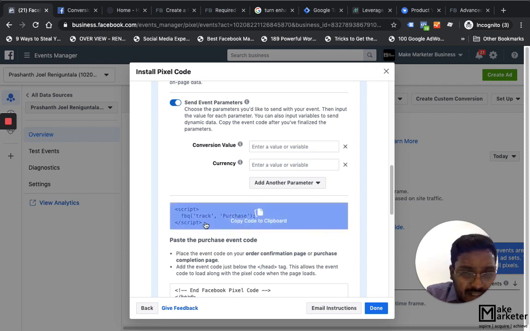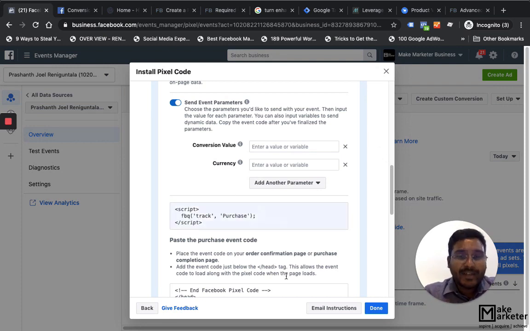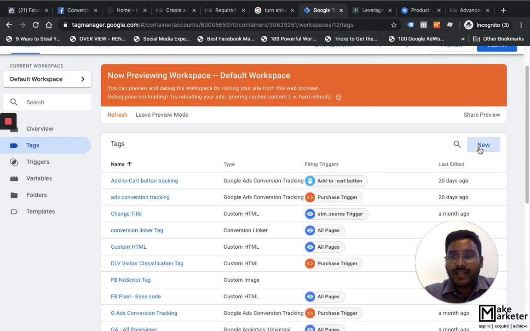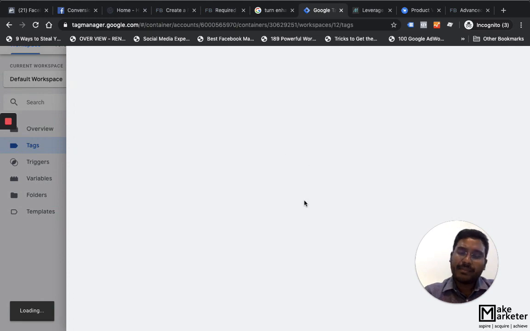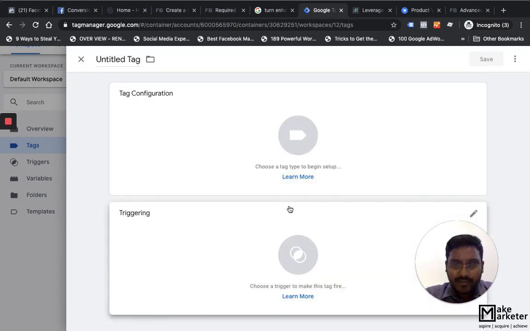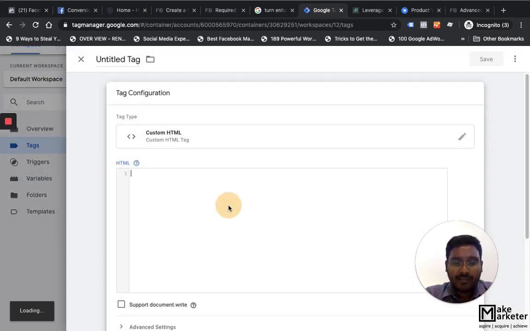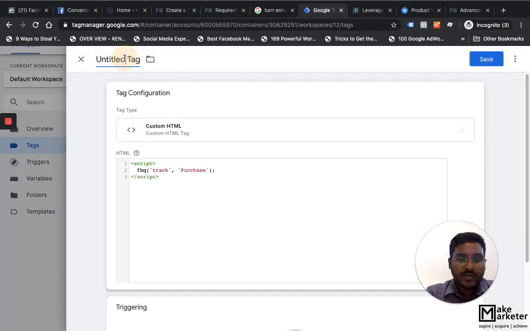If you want to understand this Facebook code, again, this is in a script tag because it's a JavaScript function. You see, fbq is a function to which it's passing two parameters. The first one is track, the second one is purchase, right? So I take this and again put it on the thank you page of the website using Google Tag Manager. I go and create a new tag. This time, again, it's going to be a custom HTML tag. I put this code here, right? I name it FB